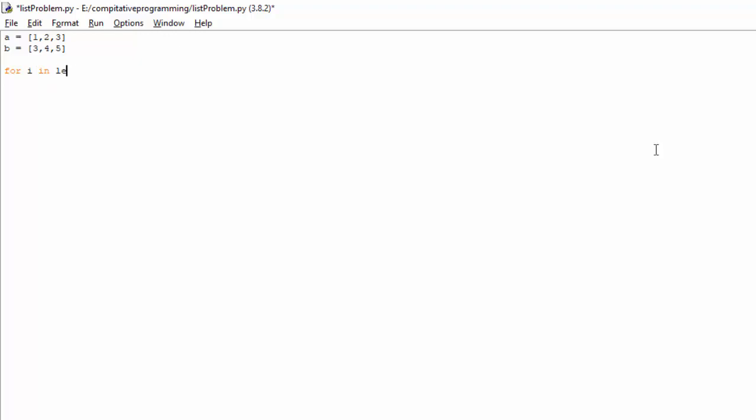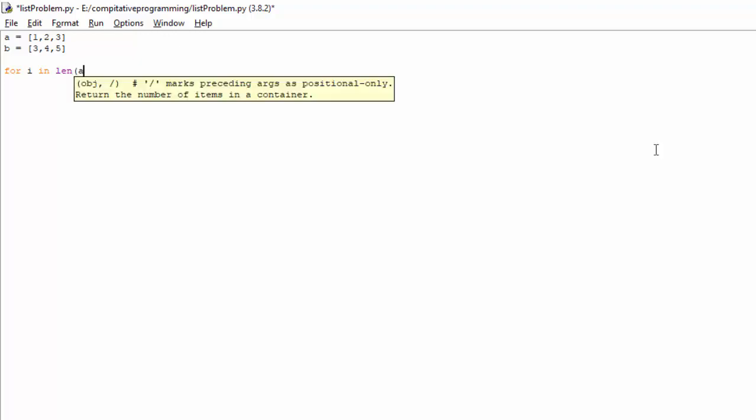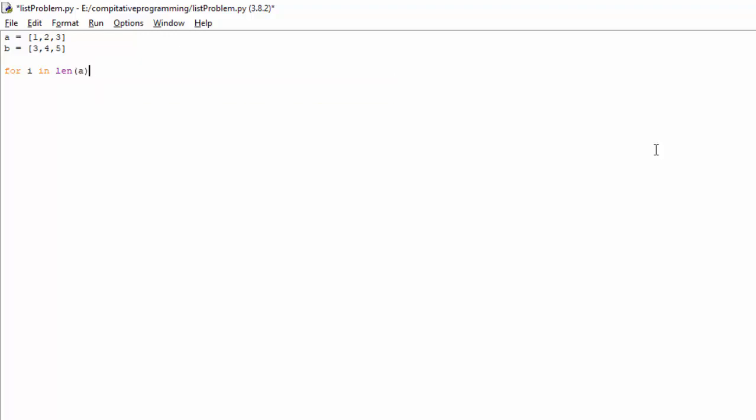So that I'll come to know with the help of length. I know the fact that length of A and length of B will always be the same here, so I'm using 1, that would be enough. Now using the range I'll be looping over this one. Okay, now at each index let me try to get that each index.